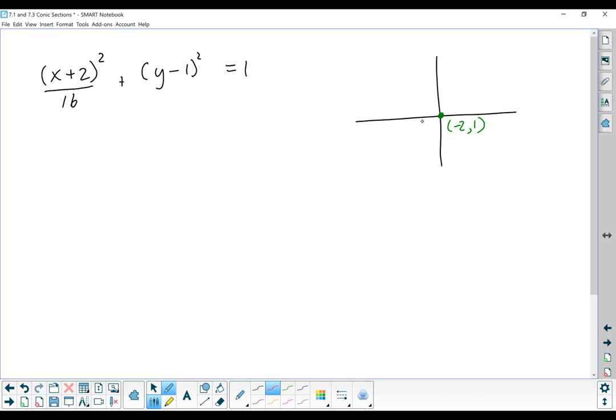In this case, we would be counting out 4 in the x direction to get those vertices. So this would be,